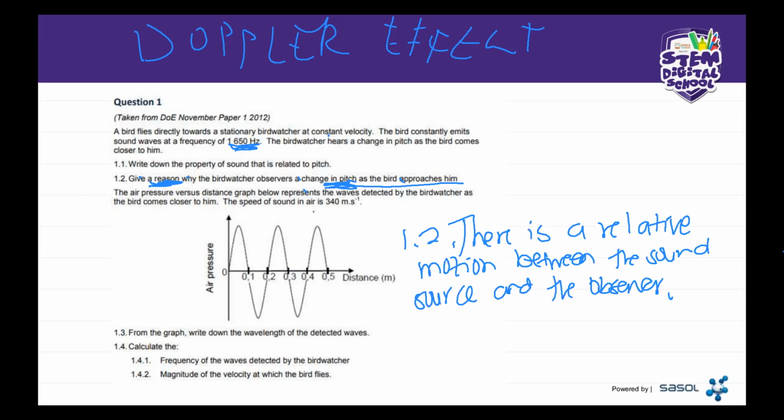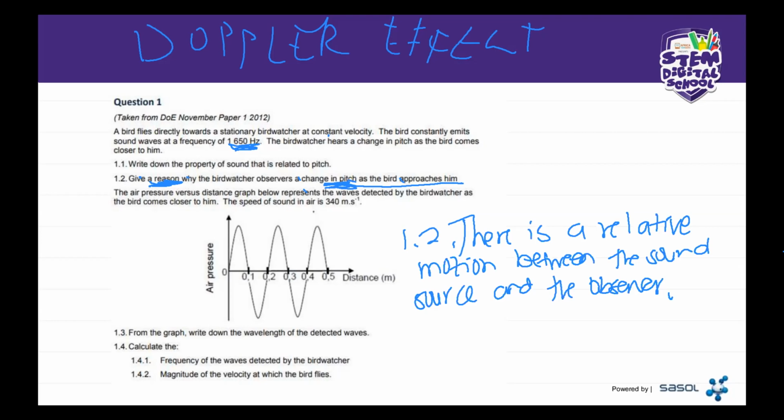So you see what it says here. The reason behind it is because there is a relative motion between the sound source and the observer. What does that mean? It means that either one of them or both of them has to be moving. There has to be a motion. When there's motion, it affects the pitch. If a person comes closer to you and they're screaming your name, the scream becomes louder. But as they walk away from you, the scream becomes much lower. That's what we mean when we talk about pitch, that the pitch is high or the pitch is low.